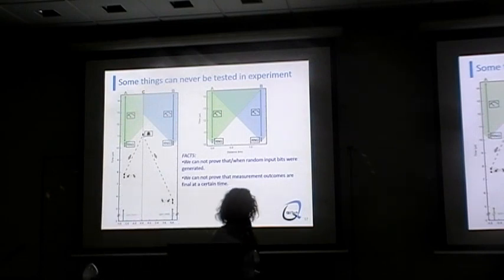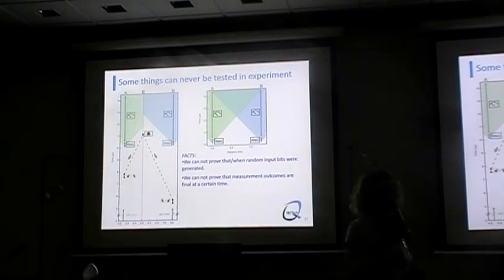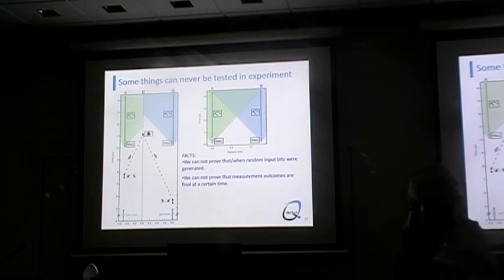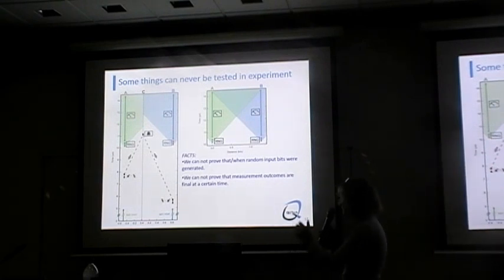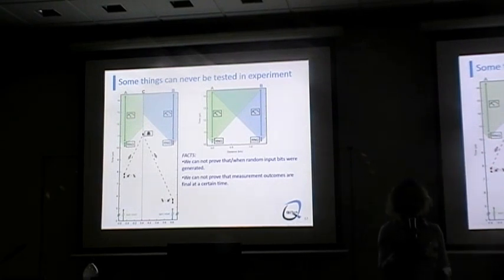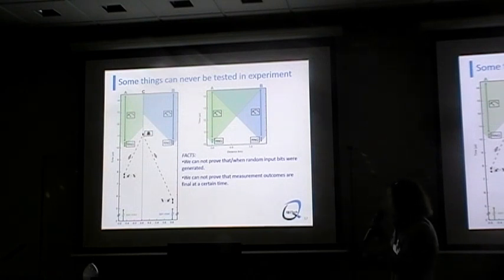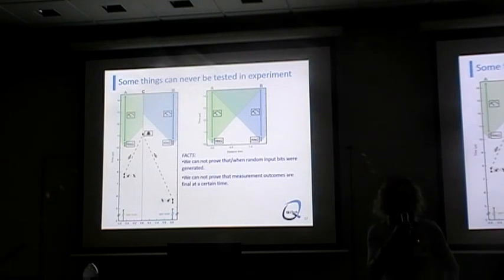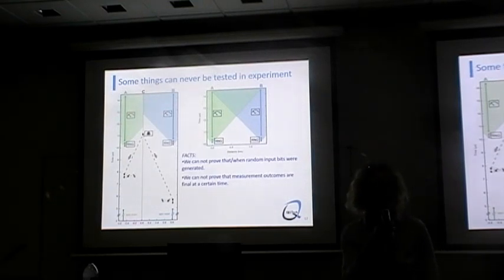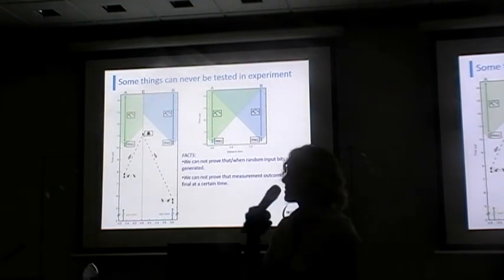So of course, there's a question, can random numbers at all be generated? I don't know, maybe the universe has conspired since the beginning of time to thwart this particular experiment. That is certainly a possibility. There's also no way really to prove that measurement outcomes are final at a particular time. Okay? So actually in our experiment,